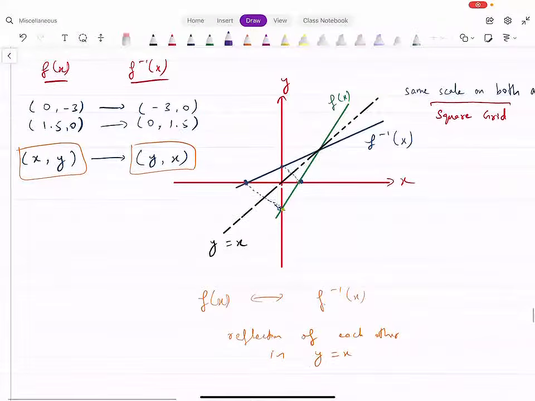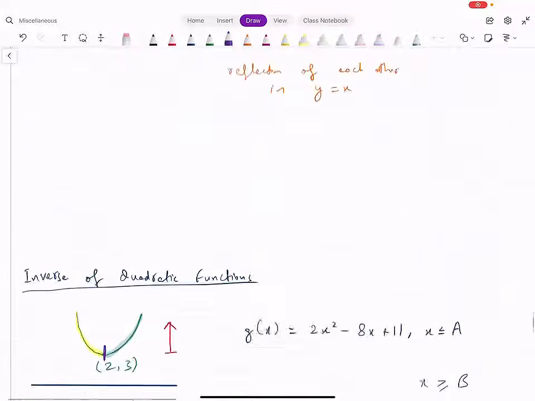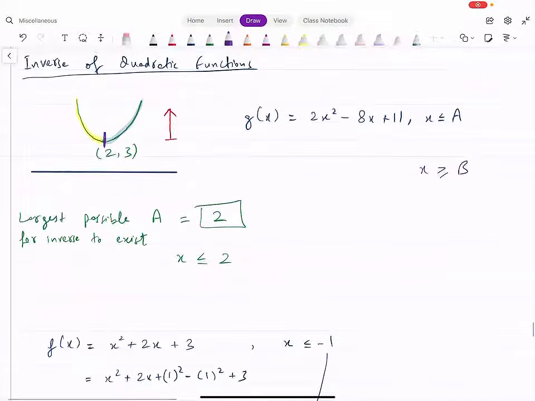How can you sketch graphs of inverse functions? आपको हमेशा सेम स्केल लेना होता है, x एक्सिस के ऊपर और y एक्सिस के ऊपर, वो दोनों आपने रिफ्लेक्शन शो करने होते हैं y = x लाइन के अंदर, वो आपको याद होना चाहिए।